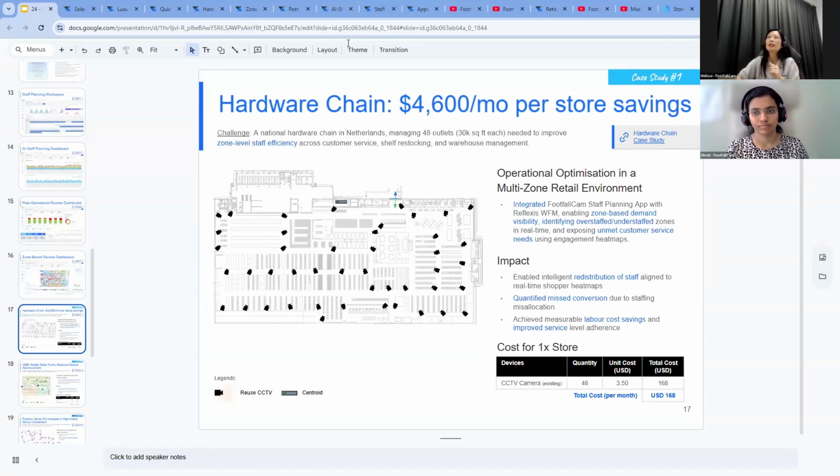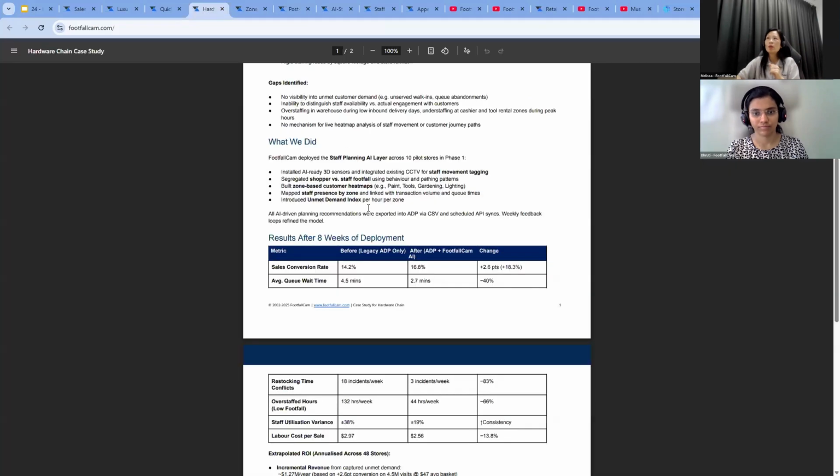There's a case study here that you can look into a little bit more. So what we did for them is we built the zone-based customer heat map, and we segregate the shopper versus the staff footfall using the behavior and pathing patterns. So we map the staff presence per zone, and we introduce the unmet demand index. So what we were able to do is we can measure, before and after this change, the sales conversion rate actually increased. And the average queue wait time, we also do queue counting,